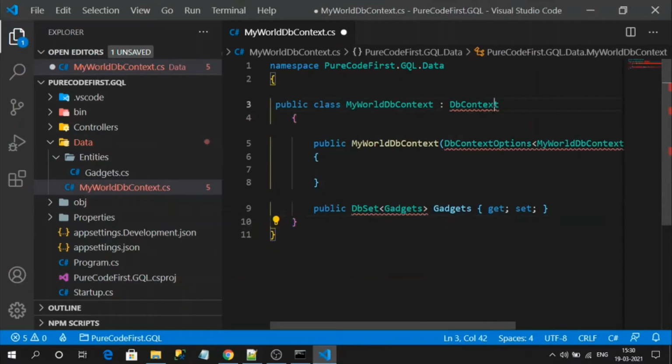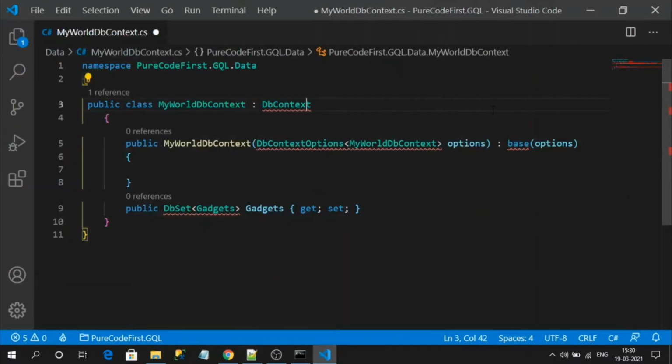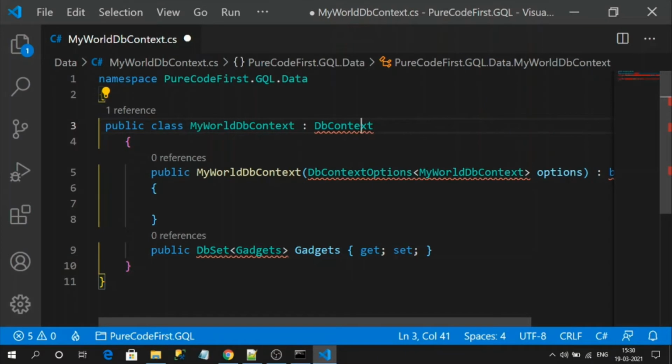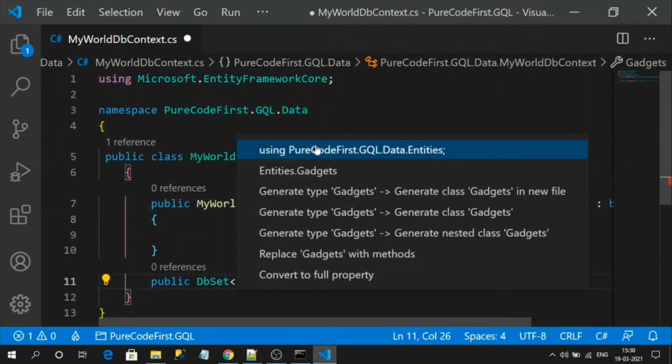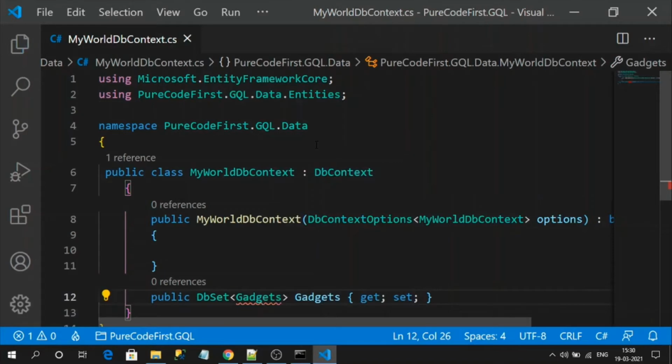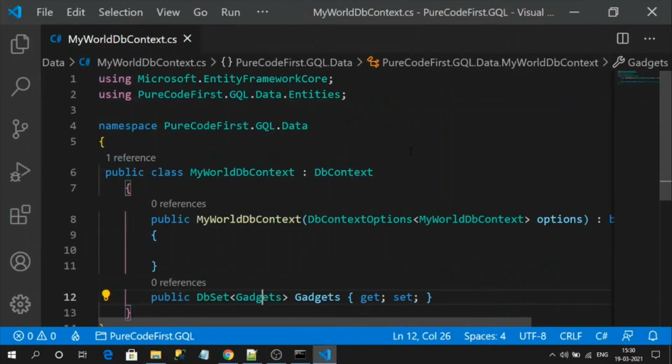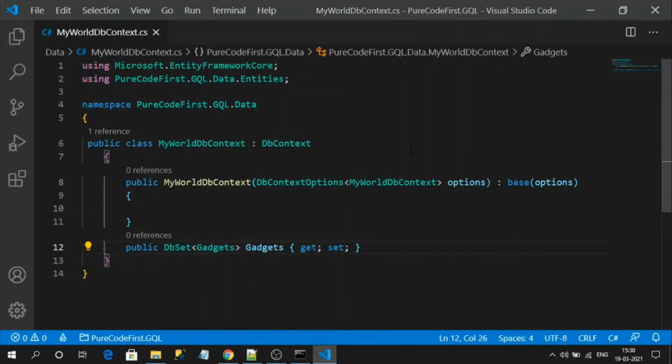Okay, let's import some core namespaces, and import the gadget. We have successfully created our database context also.